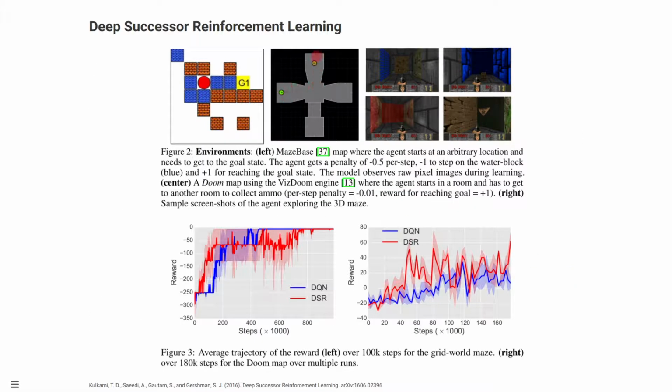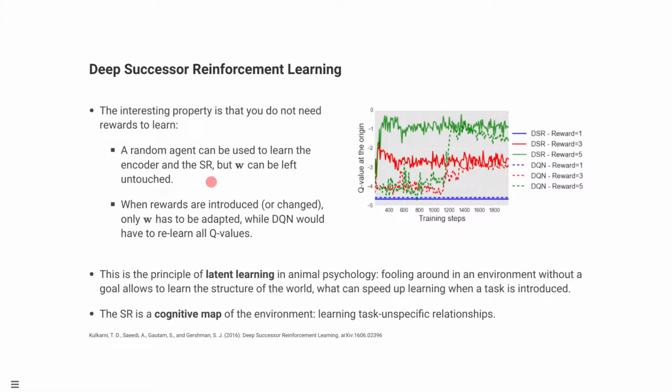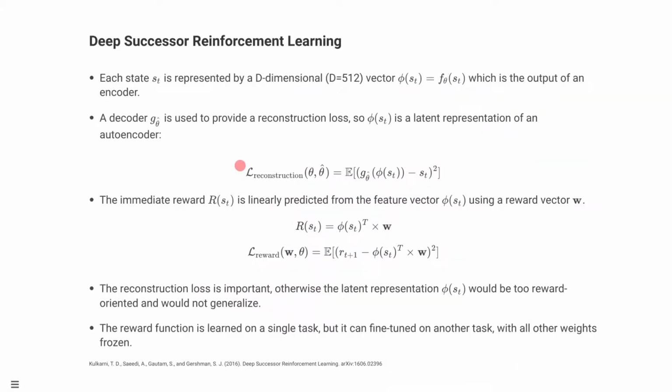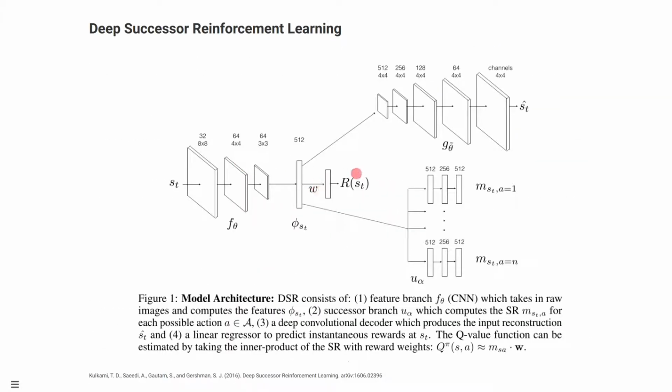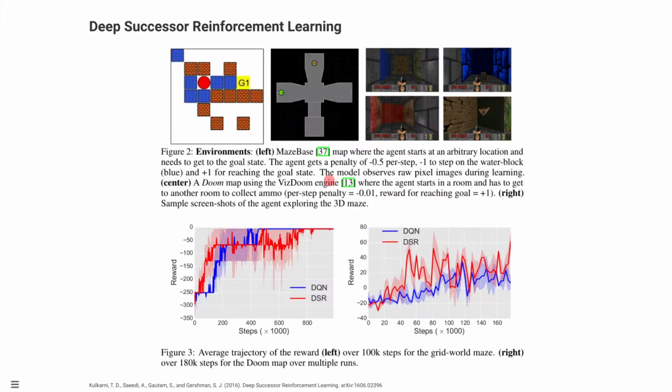Like here, you can learn to always go left, and the DQN can do it. Then after a while, you put a reward in another room. How quickly can you adapt? Well, they showed that the only thing you need to do when you change the goal is to learn the small weight vector W, the one that is here. So when there's a change in the task, you're not going to change the encoder, the decoder, or the successor features. You just have to relearn this small vector with 512 elements, and you don't need that many samples to relearn it. That means you can really adapt very quickly